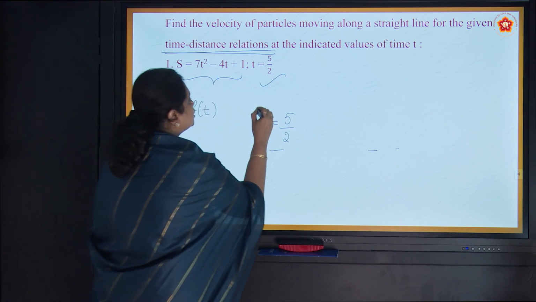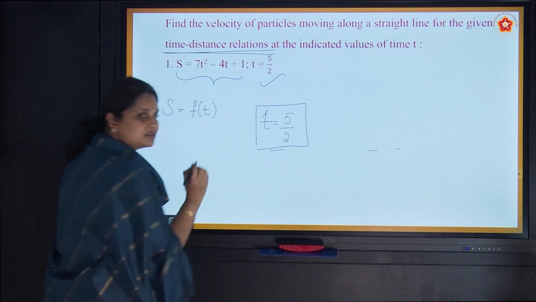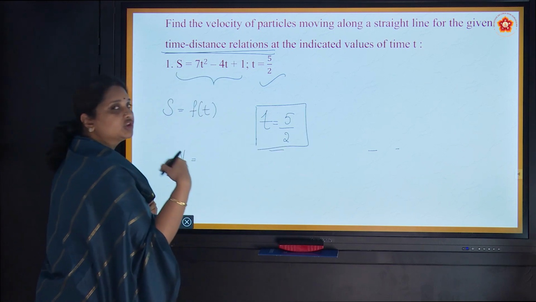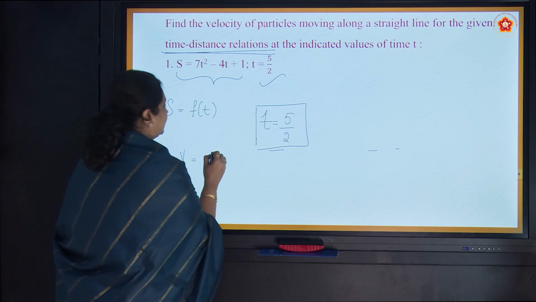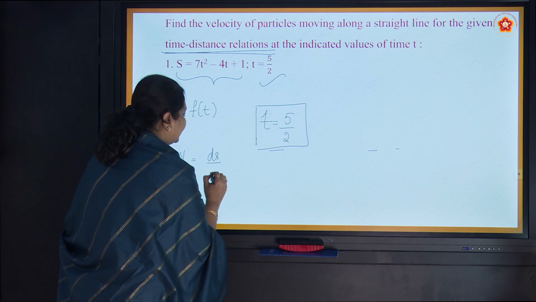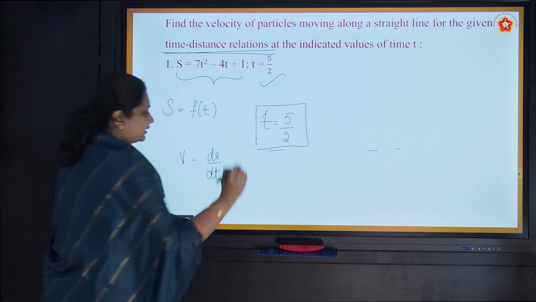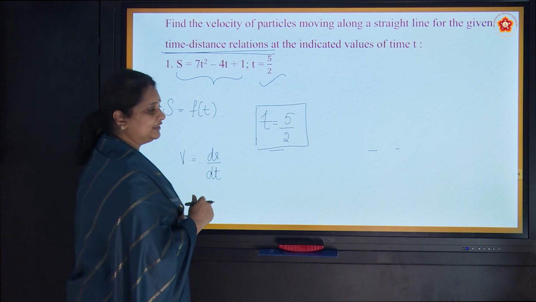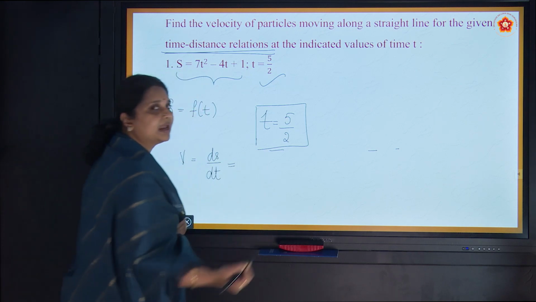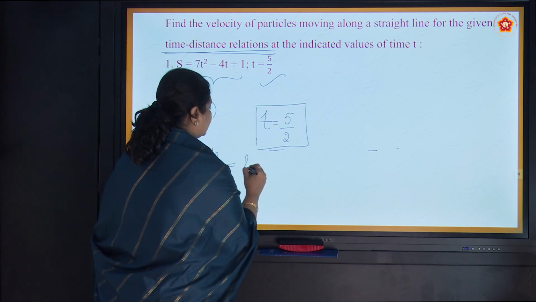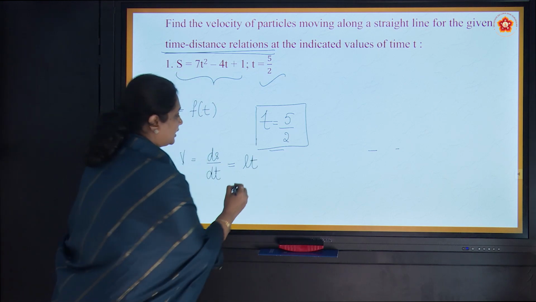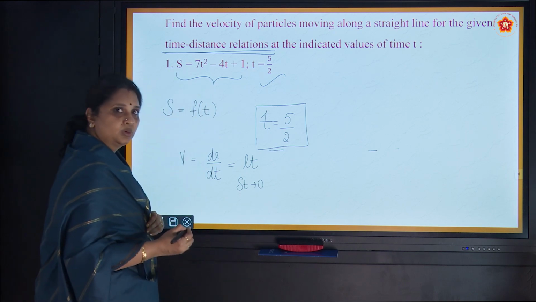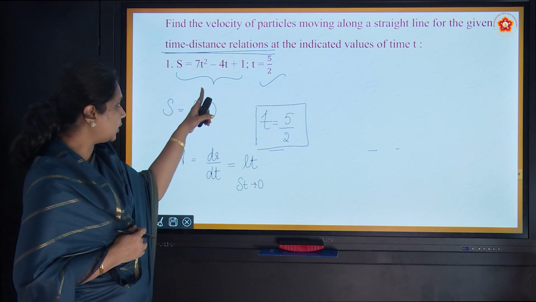So now S is this. Now this is our relationship. We are going to find the velocity. As I said, velocity is nothing but change in distance with respect to time, that is ds by dt. So do we have a formula for this? Yes, we do. We've already seen the formula. Let's have a quick recap of the formula. So the formula will be limit delta t tends to 0. Why do I take delta t? That's always my